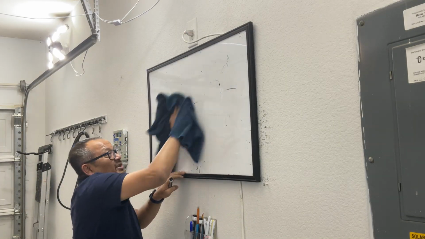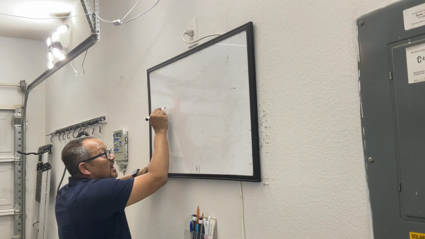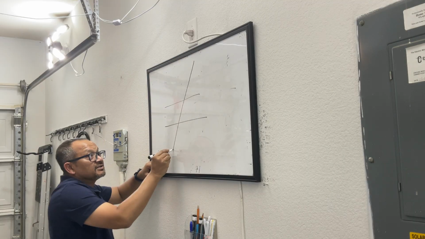The second rule, or second thing, is about parallel lines. If you have a pair of parallel lines and a third line intersects them,